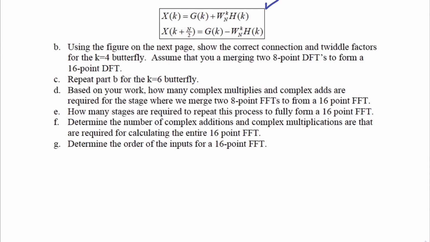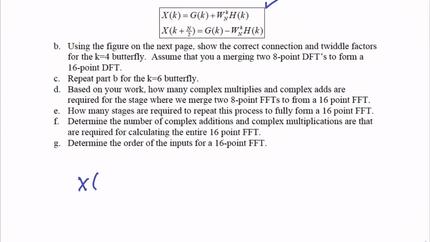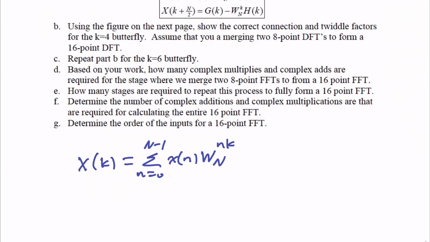Okay, so the idea here is we start with the definition of the DFT. Okay, that's the sum from n equals 0 to N minus 1 of x of n W_N to the nk. All right, and we're going to break this up into two FFTs, and the way we do that is we sum from n equals 0 to N minus 1 of x of n W_N to the nk,